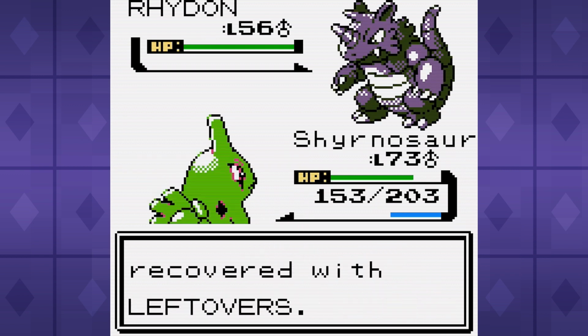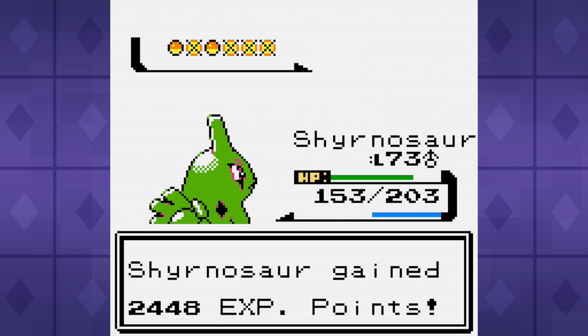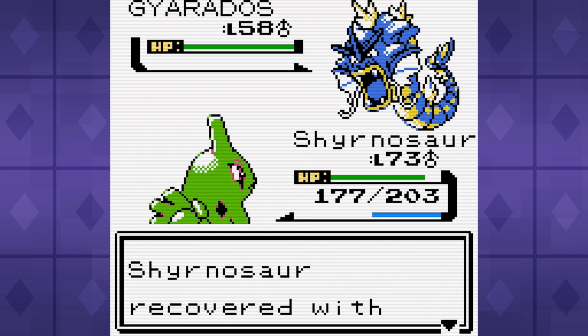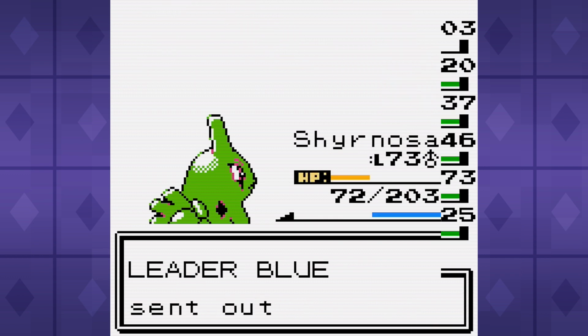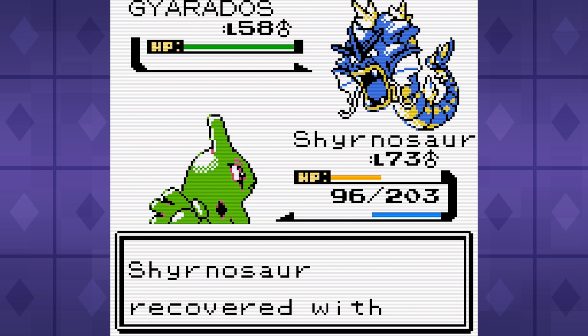I make sure to use Protect to stall for extra Leftovers recovery, but not that it matters because we just miss a Rock Slide and get one-hit KO'd by Hydro Pump. The Rock Slide giveth, and the Rock Slide taketh away. A few attempts later, and we land the Rock Slide to knock out the Gyarados and then one-hit KO the